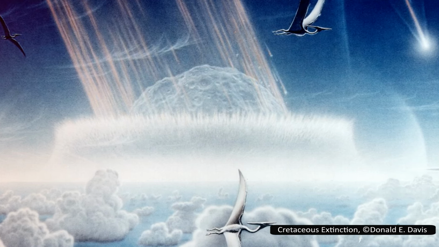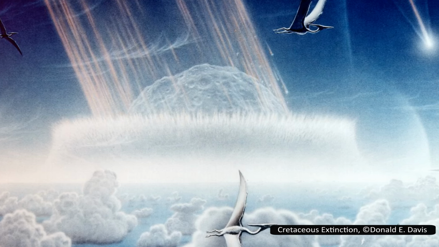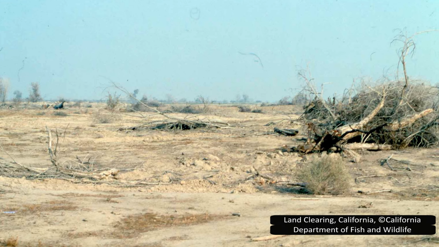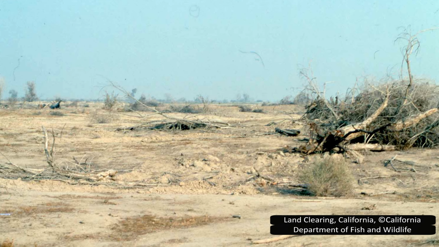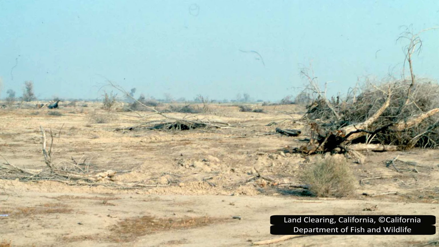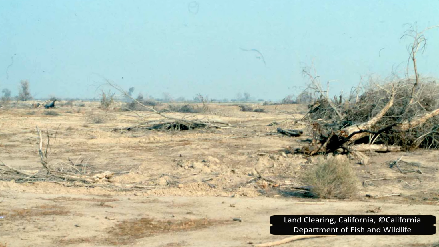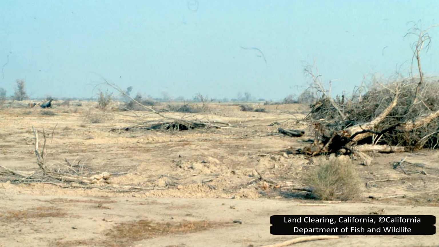What makes the Holocene extinction so alarming isn't just the number of species disappearing, but the speed, scale, and the cause. It's unfolding faster than even many past mass extinctions, events that were themselves considered abrupt in geological time. And, for the first time, it's being driven not by natural catastrophe, but by the actions of a single species.